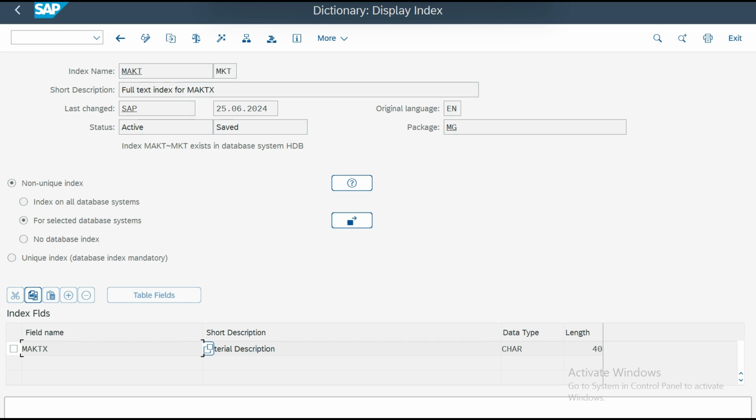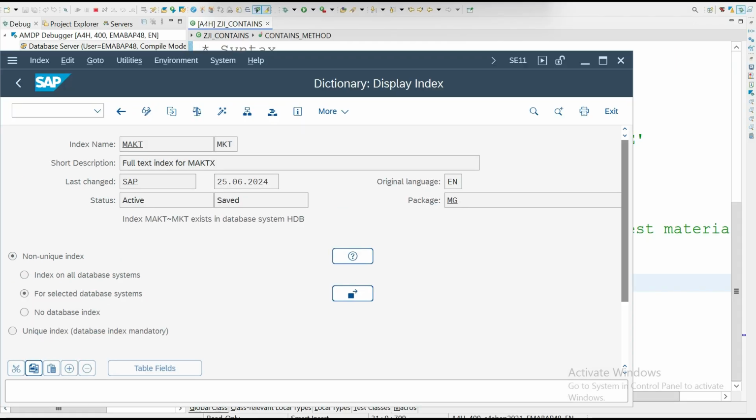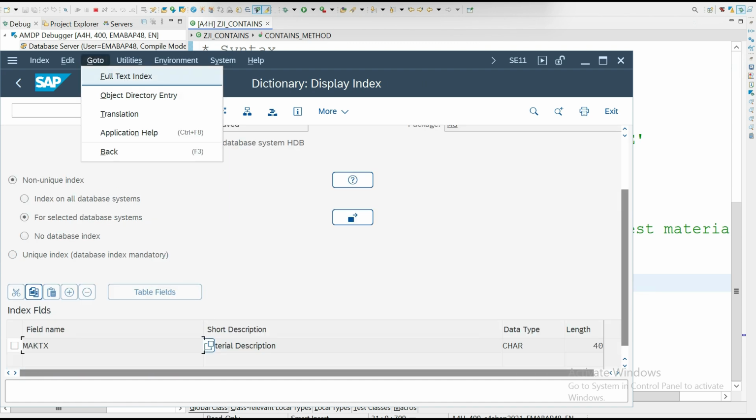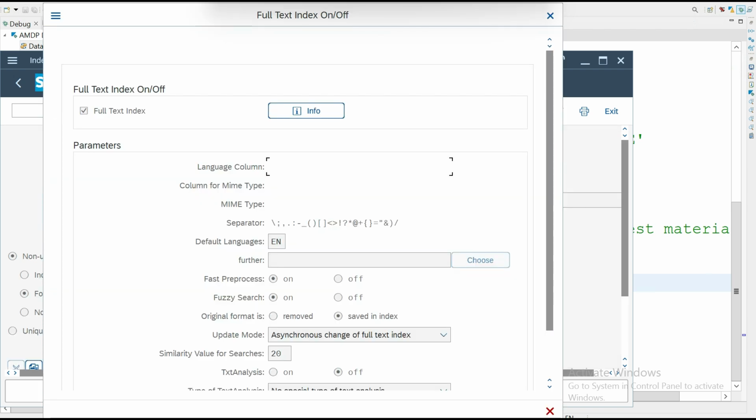It looks the same as the other indexes as well. So how do you identify it? For that, you have an option called go to full text index. If this pop-up has this checkbox selected, then yes, this field is enabled for full text index, and